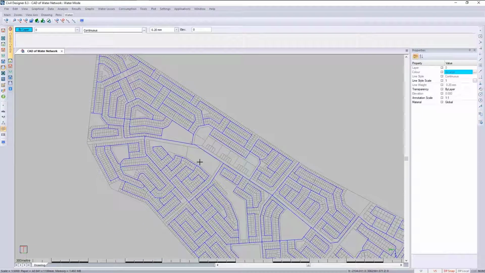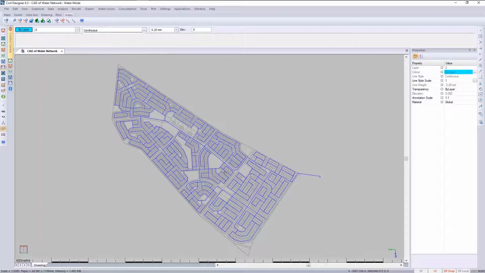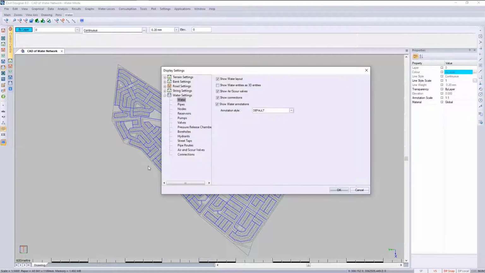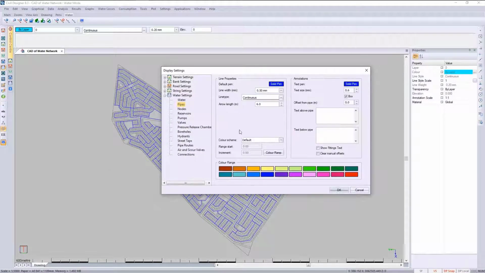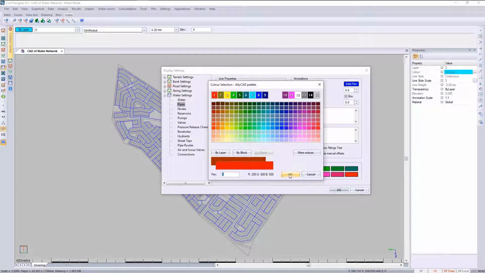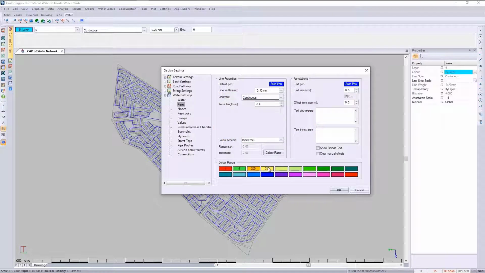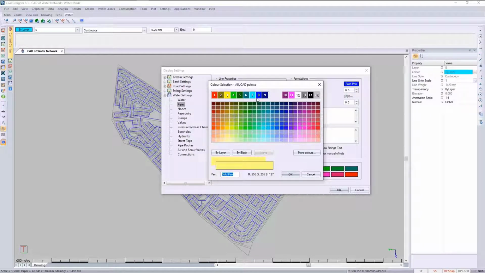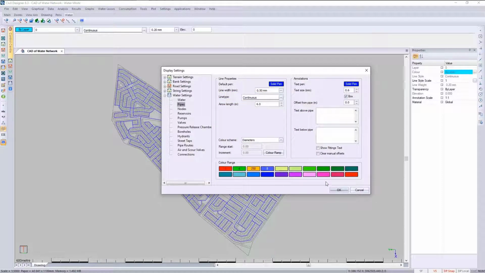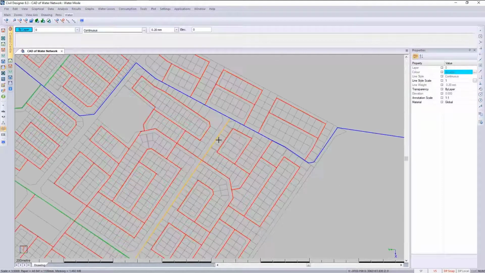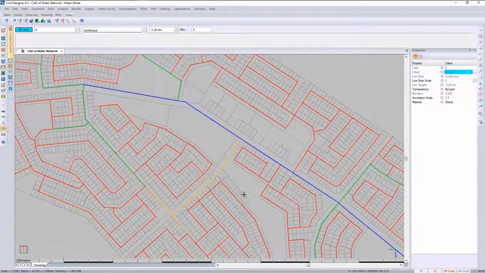If you want to check if the pipes have come through, we're going to just jump ahead with our video because we're going to talk about color schemes in a moment, but let's go have a look at color schemes now. We'll go ahead to the pipes and let's choose diameters. You'll see there's your different diameter sizes, so we can go ahead and choose colors that maybe are more applicable to stand out a bit better. Let's have a look there. So here you can see it's brought in the different pipes, and I'm happy